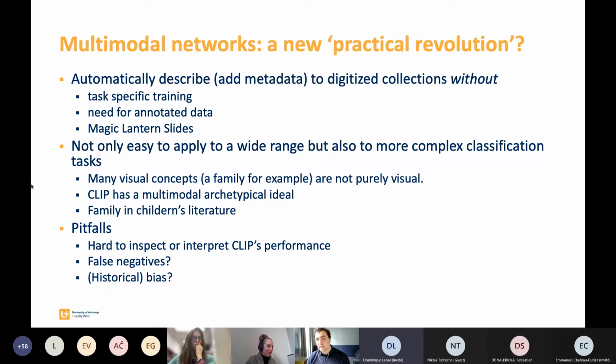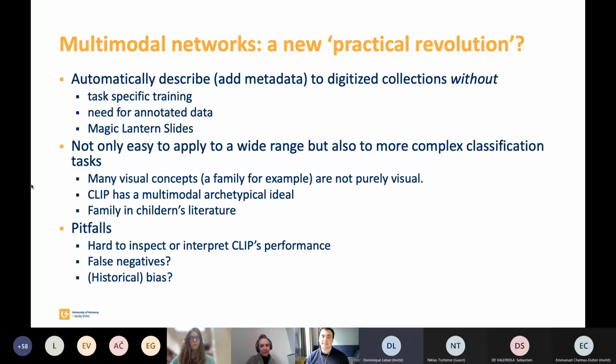So as many of you from the humanities might know, of course, many visual concepts such as a family, for example, are not purely visual. So therefore, it's very hard to train a computer vision algorithm for that specific task. But because CLIP has been trained on image-text combinations, it is way better at predicting the presence of these sorts